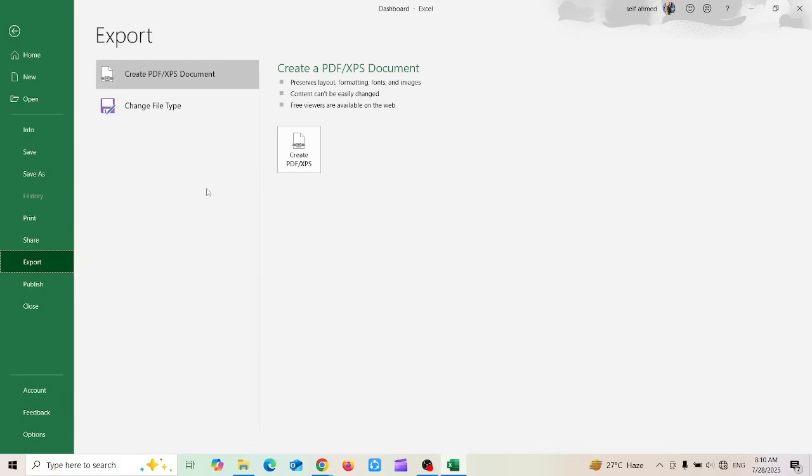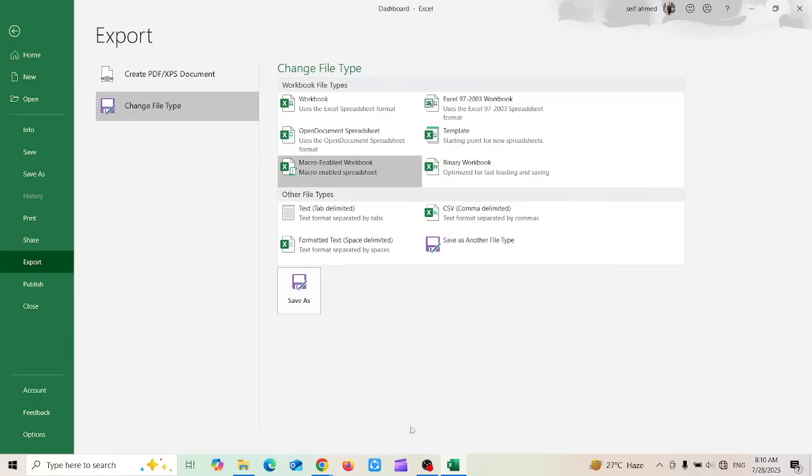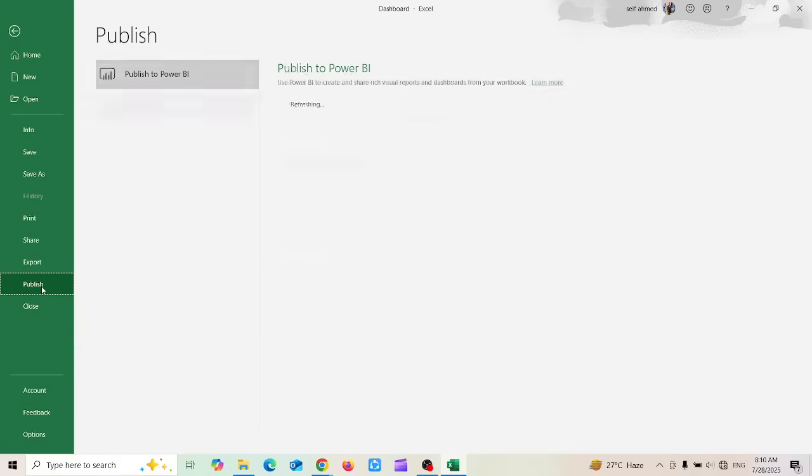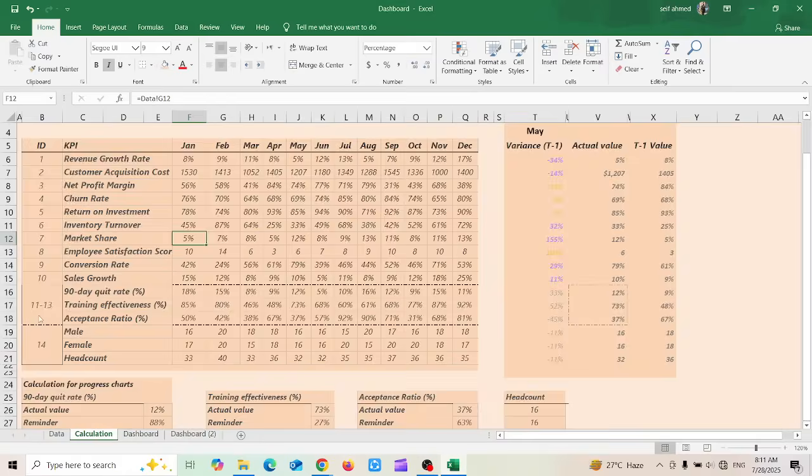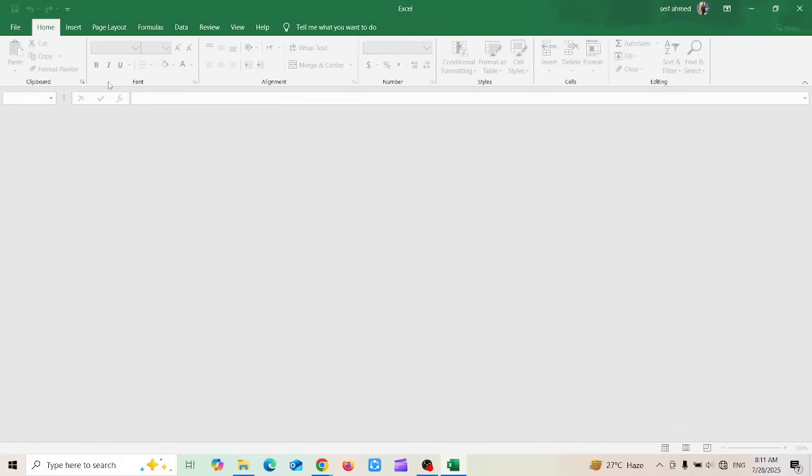You can create it as, for example, an Excel or a PDF or like a text file. So you can choose change file type, and you will be able to choose other file types from here. Next is publish, and by publish you will be able to upload your workbook to Power BI in case you are a user of this service. And finally you can click on close, so that you will return back to Excel program itself without having a